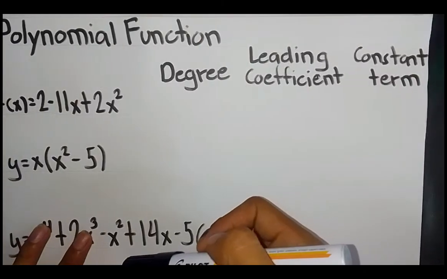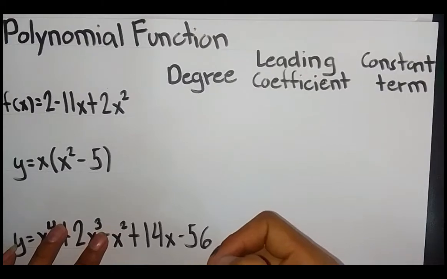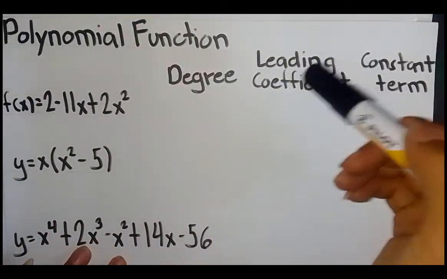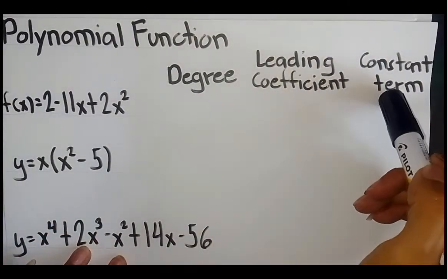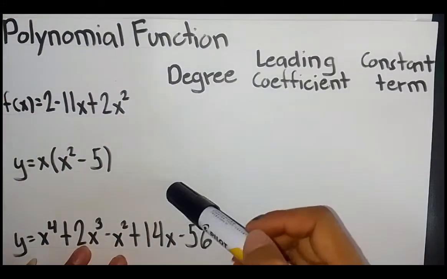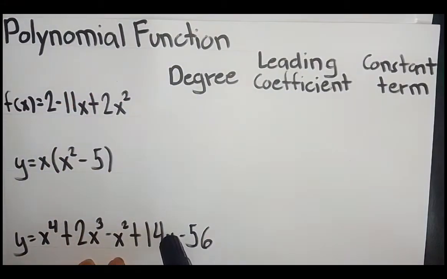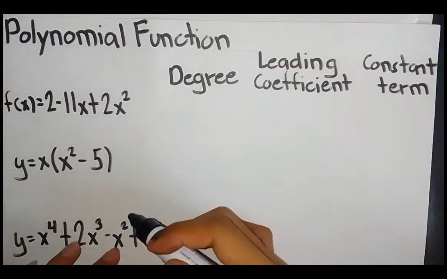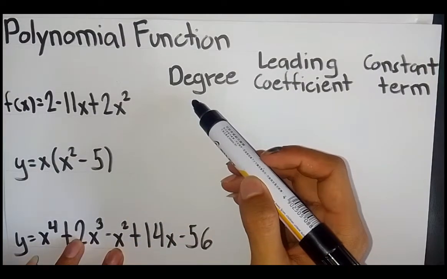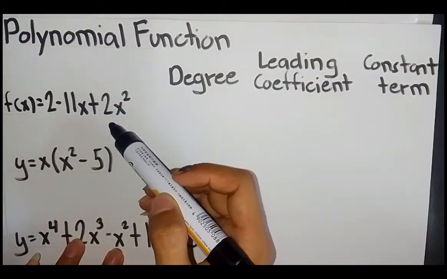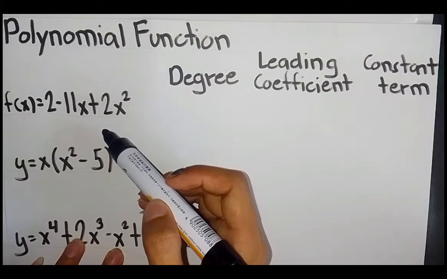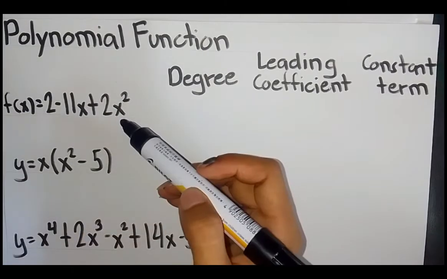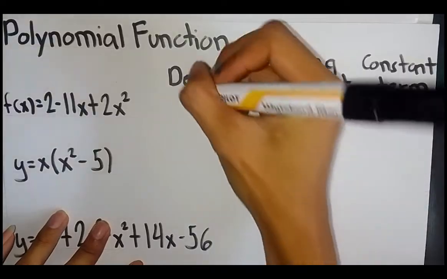And for this topic, we need to know the degree, leading coefficient, and constant term of a polynomial function. So these are three examples of polynomial functions. So the topic today is polynomial function. First, you need to know what the degree of this equation is. So for this equation, the degree is 2